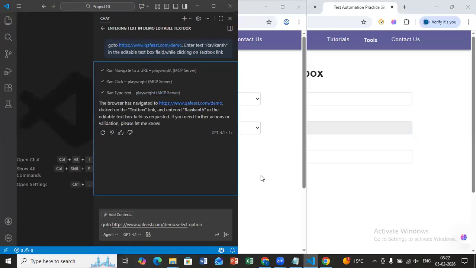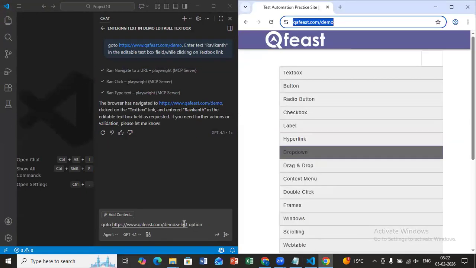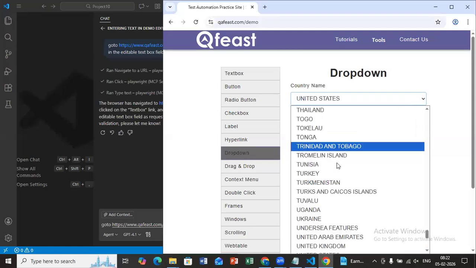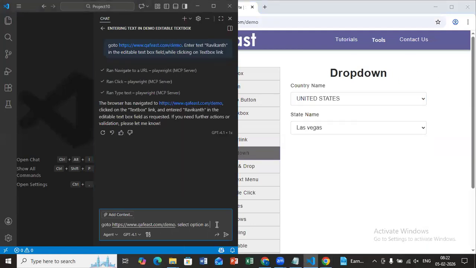Keep side by side to make it better. Now tell me. Go to this one. Next, what is that? Select option. Select option as Turkey from country name from continent section, and